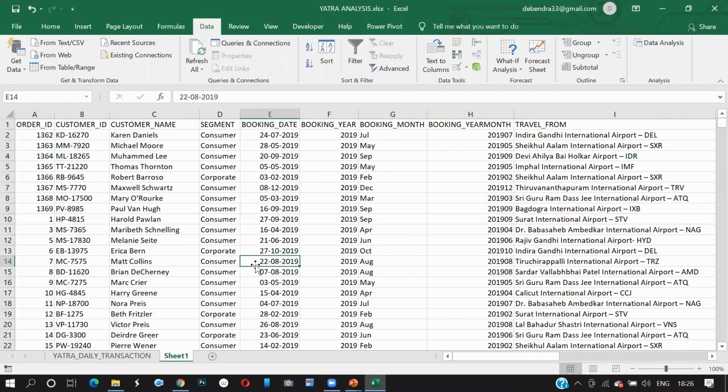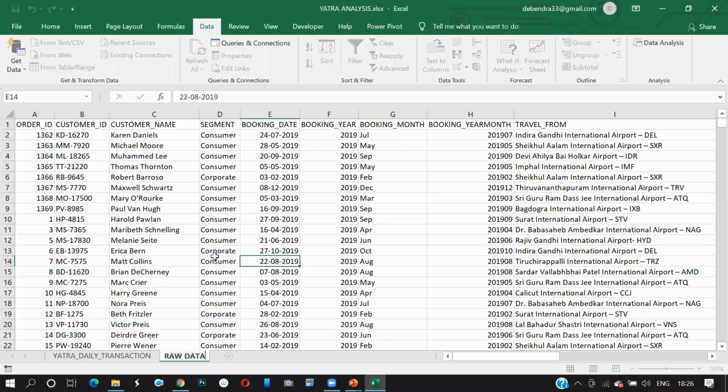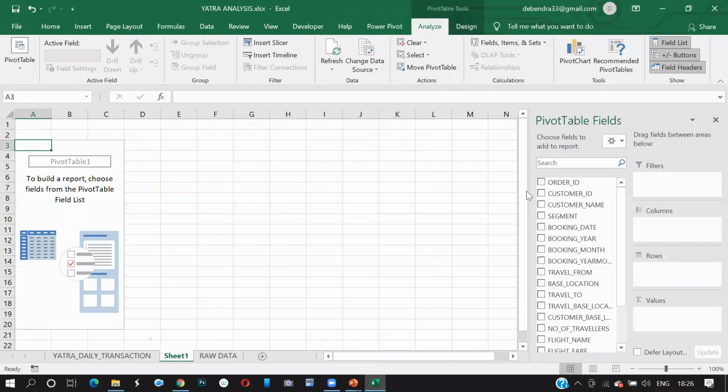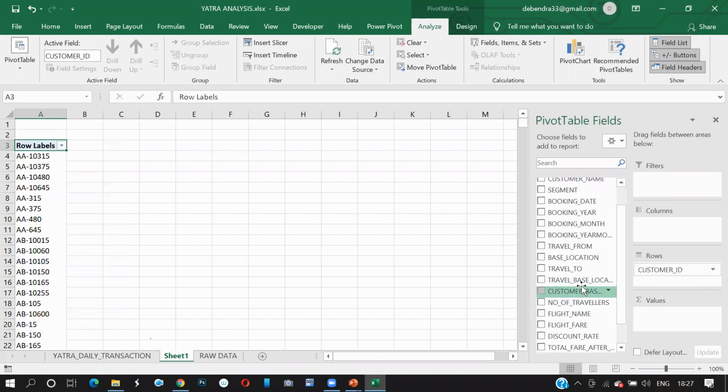Okay. So what comes to my mind first? I take it as my raw data. Next, I'll go for doing a pivot table from this data. What this pivot table is all about is that I want to get, customer-wise, the number of travelers.